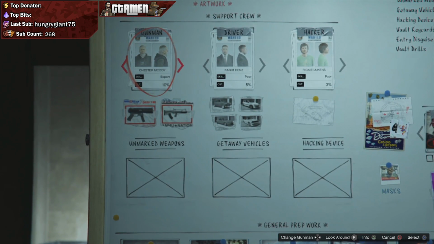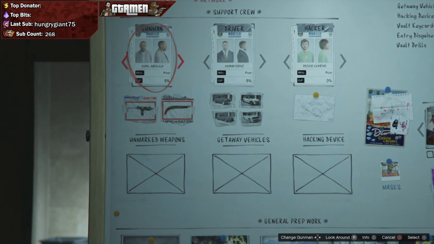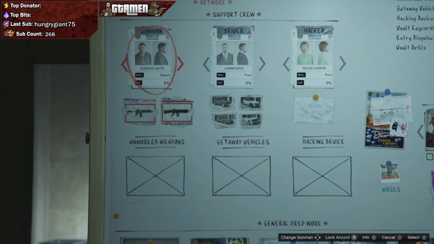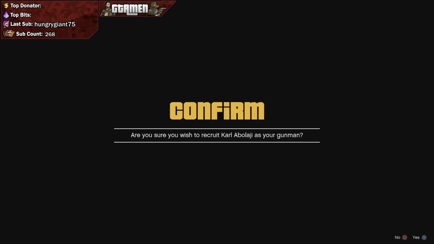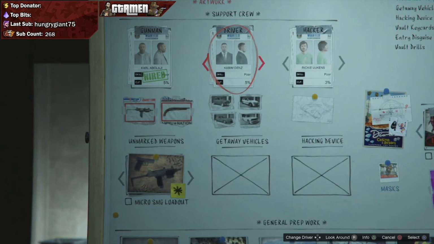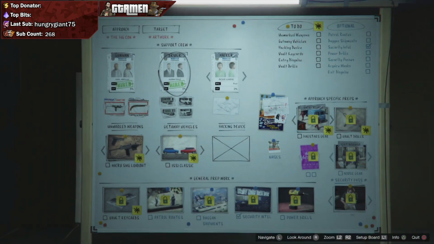First of course we want to be looking into what our crew is going to look like. The gunman you want to be picking is Carl, which is only a 5% cut. The main reason for this is pretty simple. You don't actually need any guns. Secondly is the driver, which will be taking Kareem for. He only takes 5% and he has the option for some very nice cars such as the Sentinel Classic, which